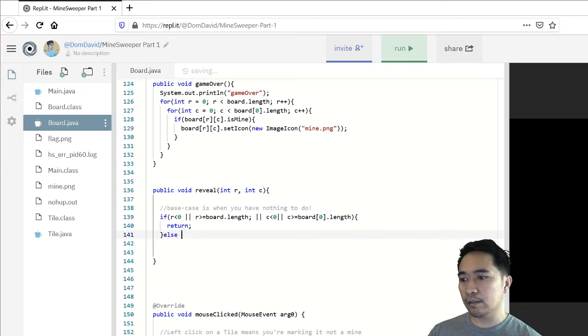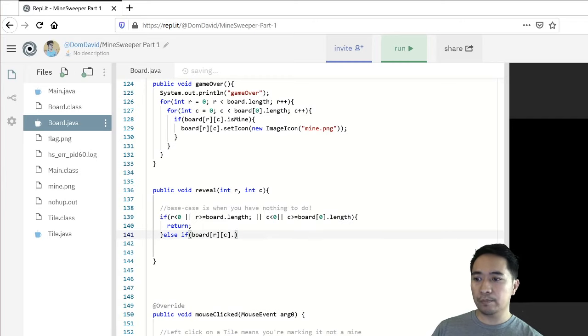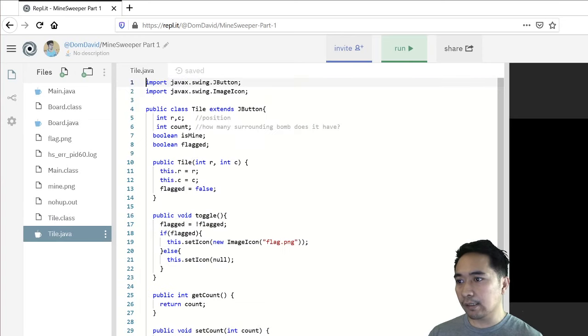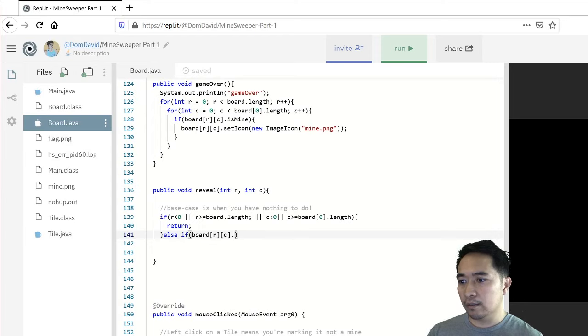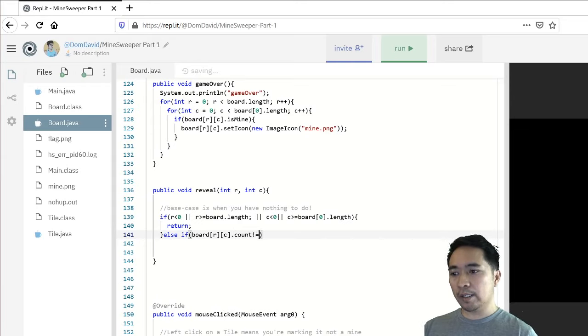Else if the element at row column, if the count for that tile, that's what we're trying to do now. So now I have to look, what did I call it? I did call it count. Oh, hey, it did save my scrolling that time around. So board, if the count is not equal to 0,